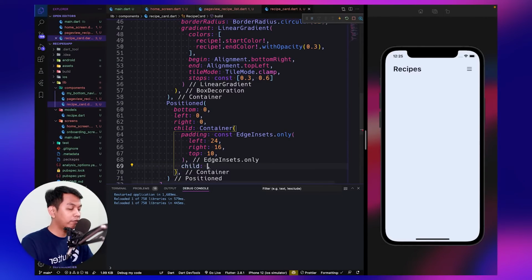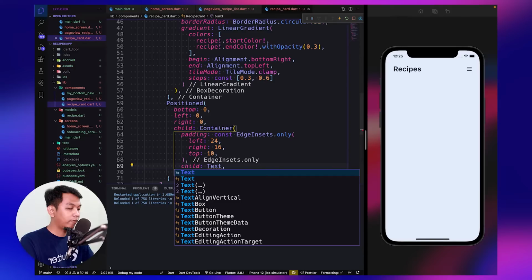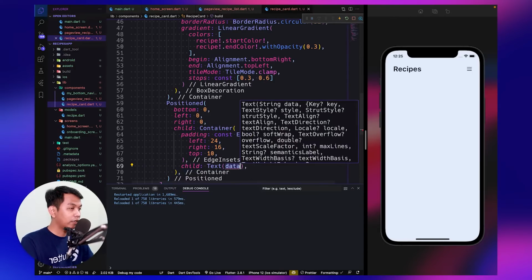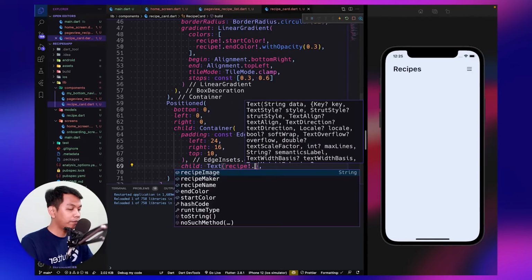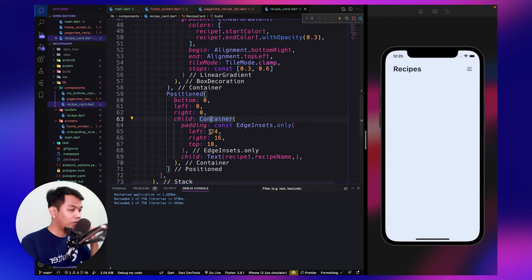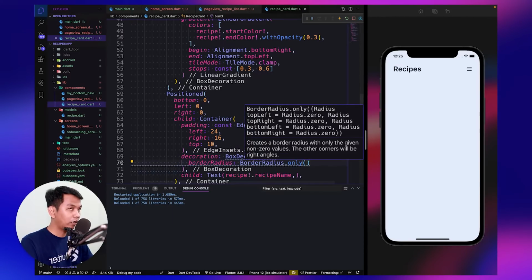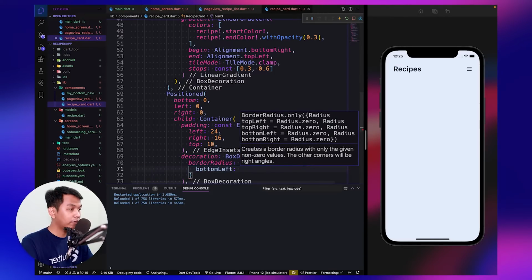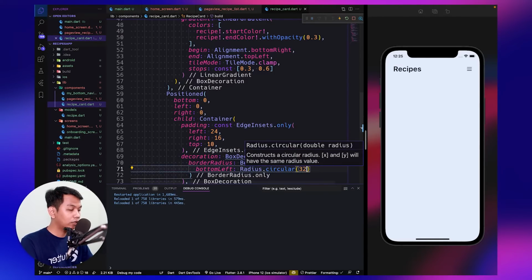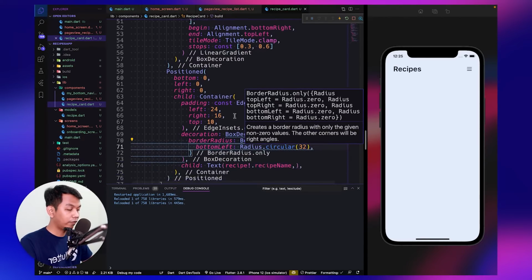Okay. And below that we add a child, and for the child we give a Text widget, and we say receipt name. And for our container we need to say decoration, because we want to set the border radius to be only bottom left and bottom right. So here bottom left set it to 32, and copy the value.